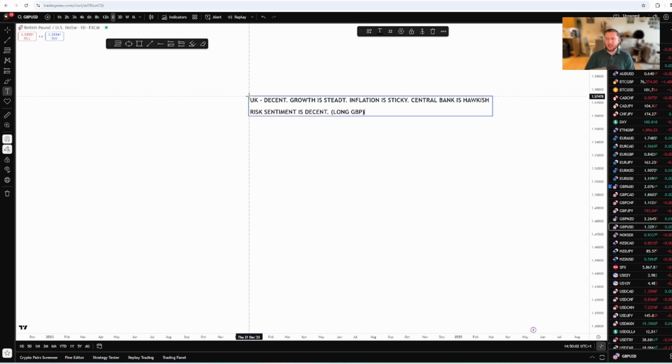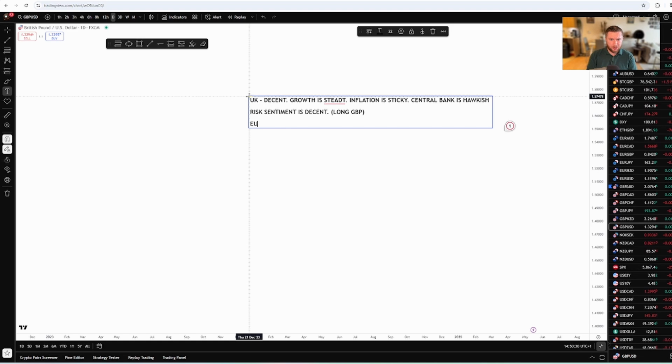That is what you need to think: long UK. So that would be GBP longs. But then obviously you have to do the other side of the coin as well. Exact same framework. Because the theme of the market bleeds through everybody. You have sub-themes like, I don't know, fiscal or government. They tend to be slightly shorter time. But overall, if you want to be long GBP, then for example,